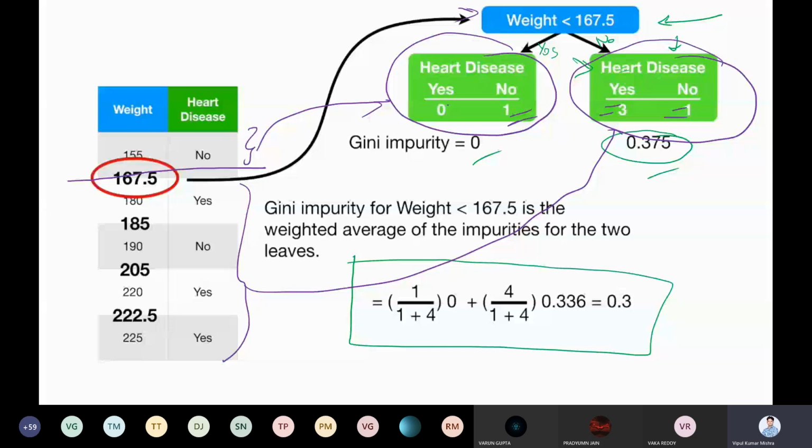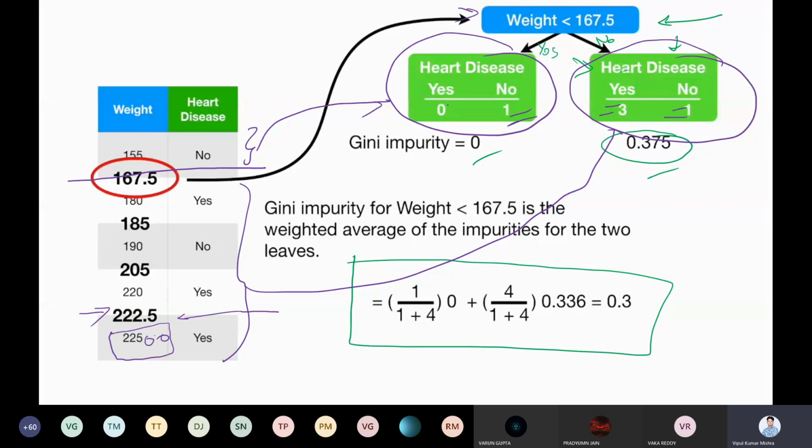For example, let me take one example. Suppose the last number becomes 22500. In that case, where will the mean be? Definitely the mean will be here. Getting? Now this will become your condition, and actually it is not dividing the entire data set properly. So in different data sets, a different dividing factor might be used.